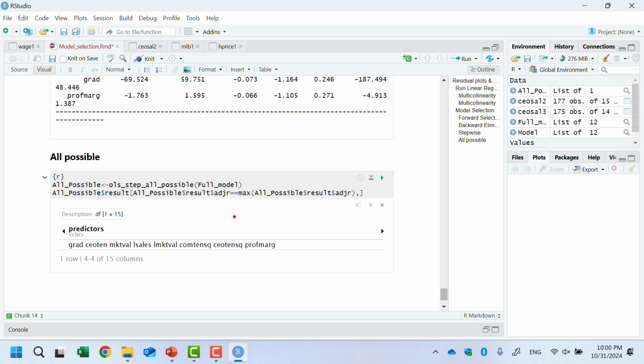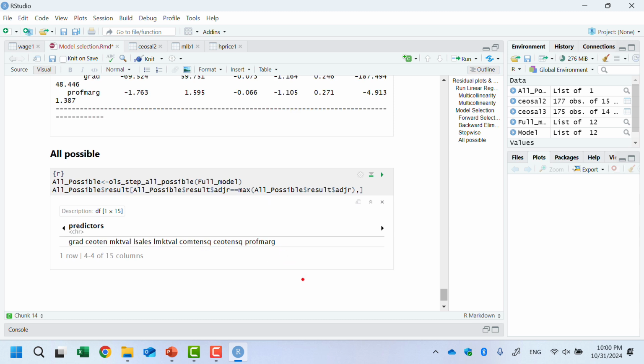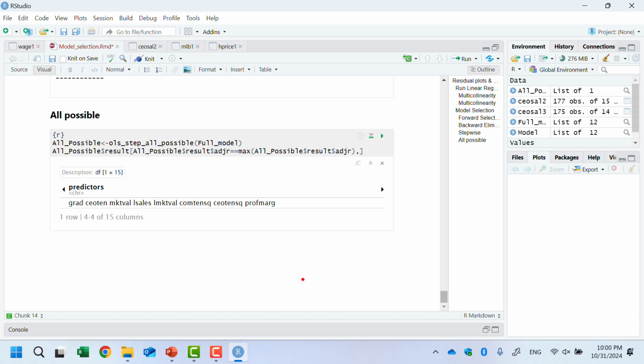So in this case, they ran the regression with all possible combinations, and they didn't give me just the best one. They gave me the whole result. That's why I have to look for what the best one is, and then you find the result. This is the best one. Okay, that's it for this chapter.